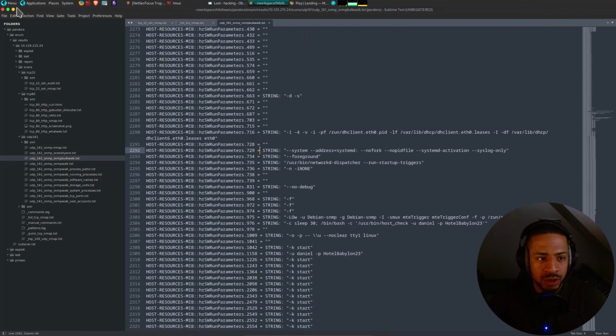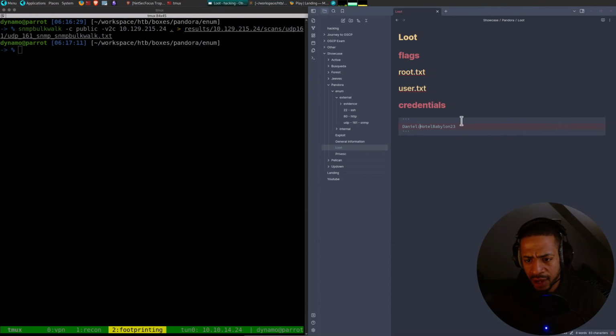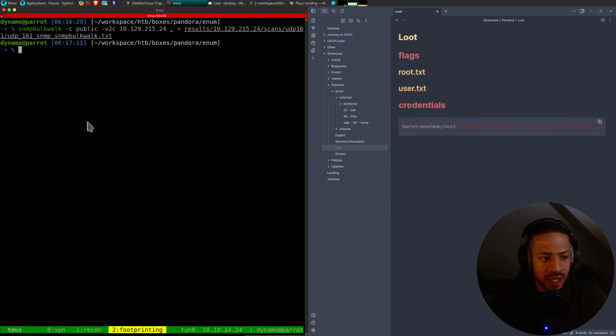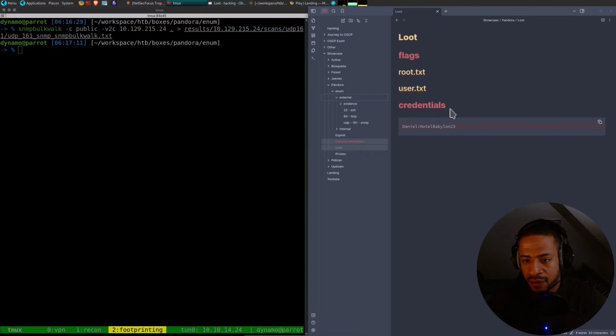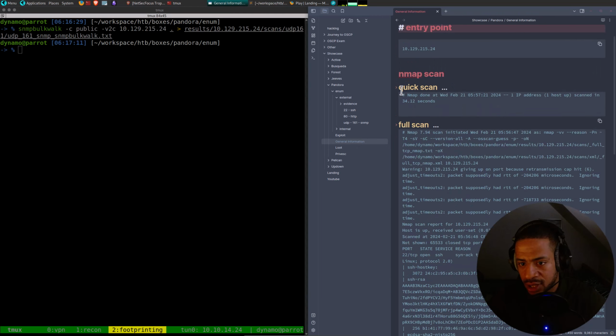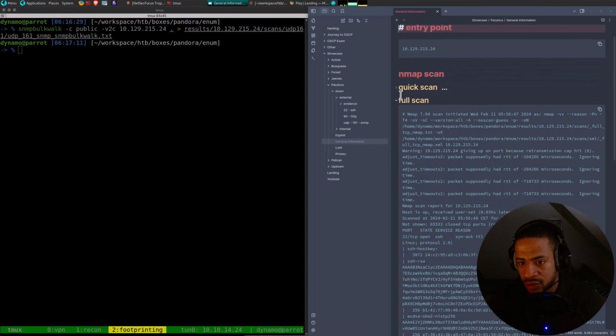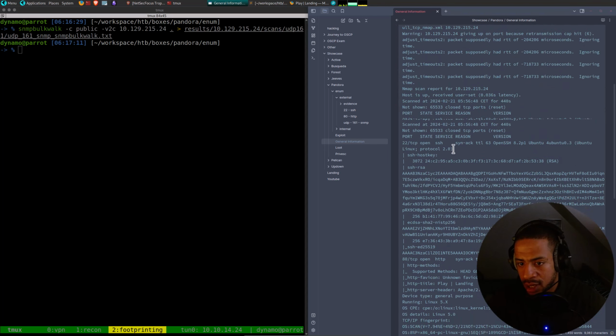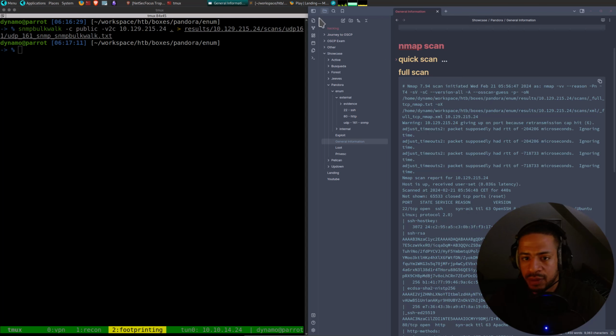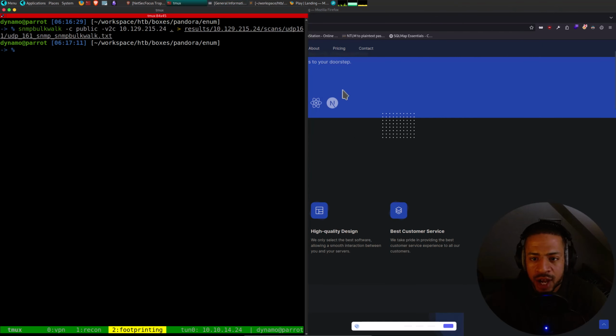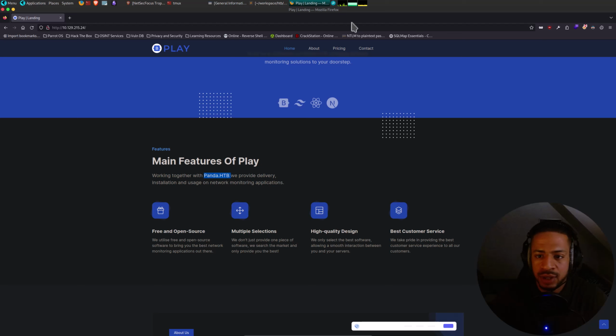The first thing I like to do whenever I find something like this, given that we do have SSH, is go on the quick scan. No, actually, there's no reason to do that. Whenever we have SSH open, I immediately try the credentials that I just found.